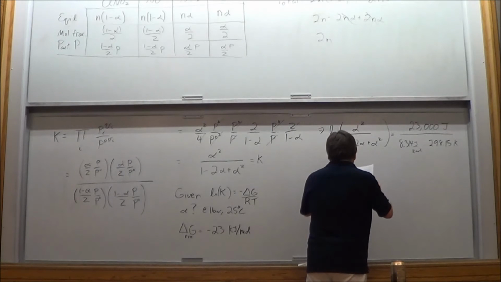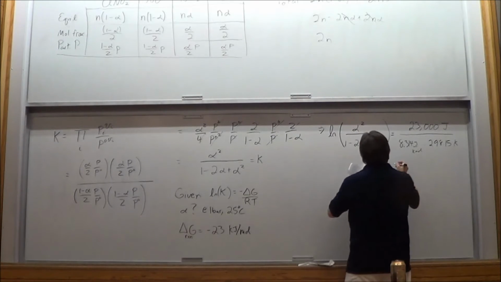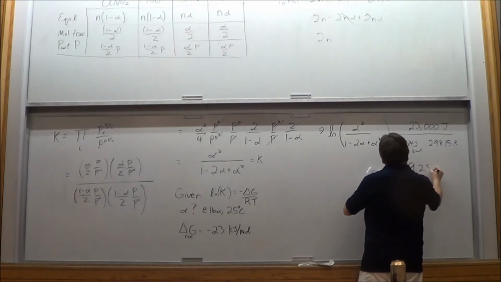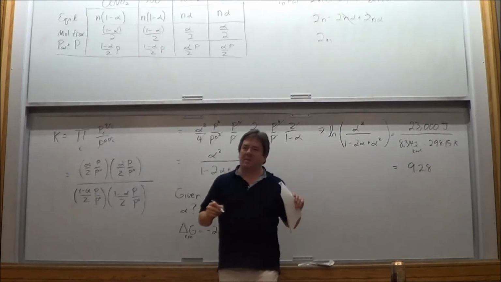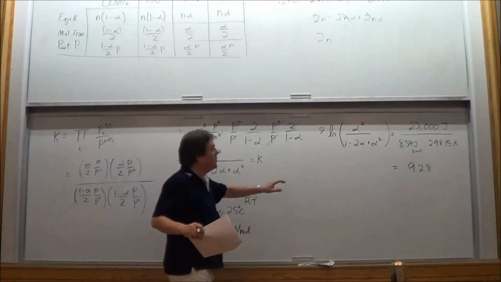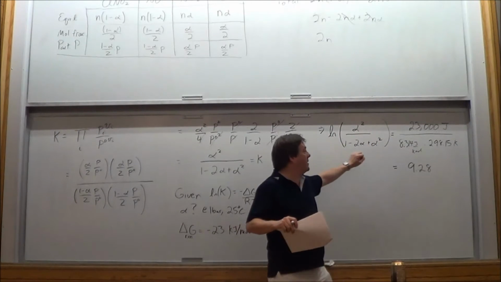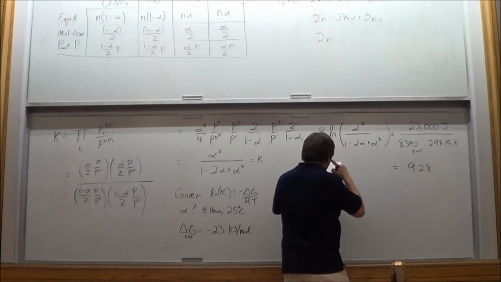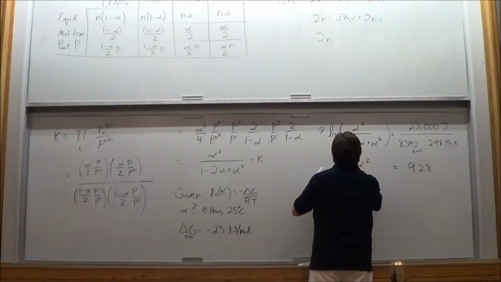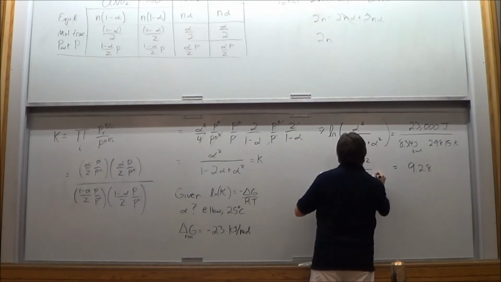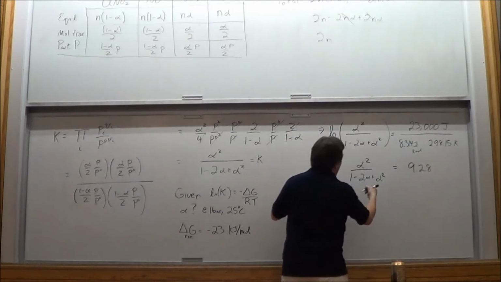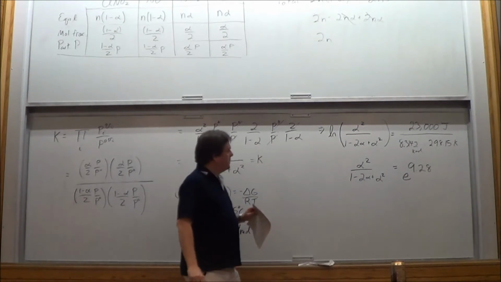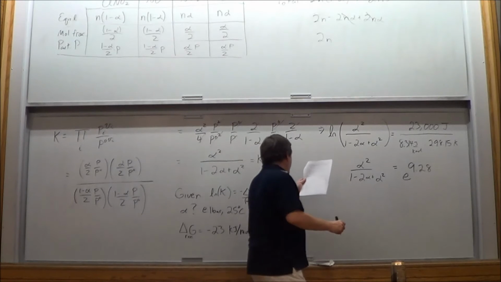Okay, so what you end up with is, this ends up being 9.28. I am obsessed with units, but there are no units, they've been canceled. They need to, because it's equal to the natural log of something. This has no units, neither can this. Now what I'm going to do is raise everything to the e power. Now be careful, my alphas look like 2s. All right, so now I've got,